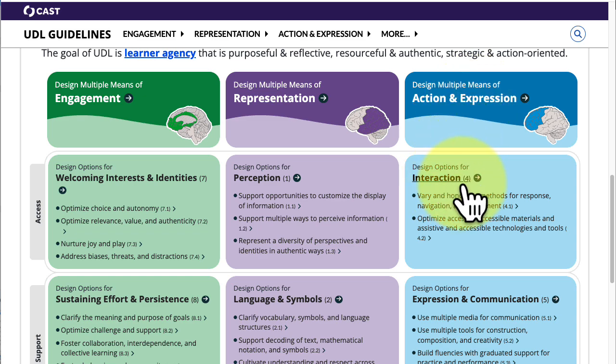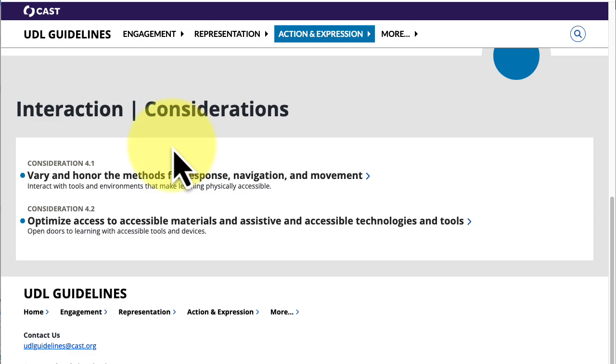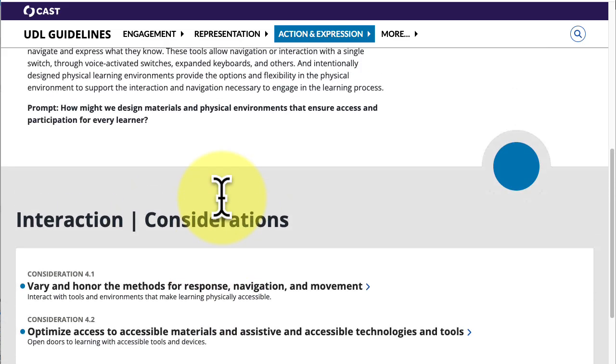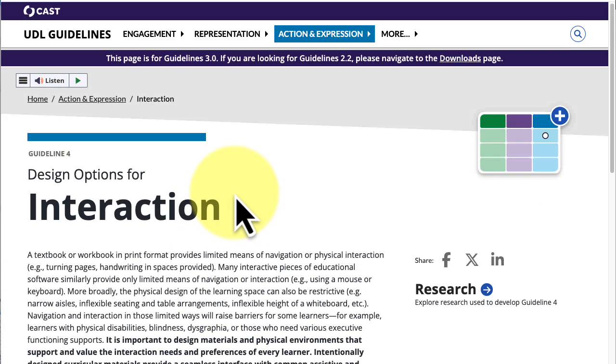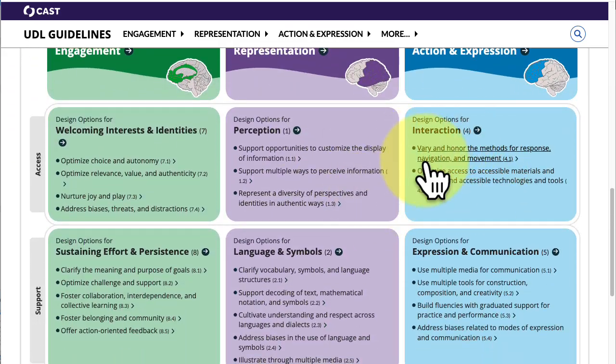So notice interaction is labeled number 4. I can click on that and it'll explain it to me a little bit, and then it will also list out the 2 design considerations that they describe for interaction. You can also get to that by just clicking one of the 2 design options down here. It'll take you to the same information, and I am interested in looking at optimizing access to accessible materials for my